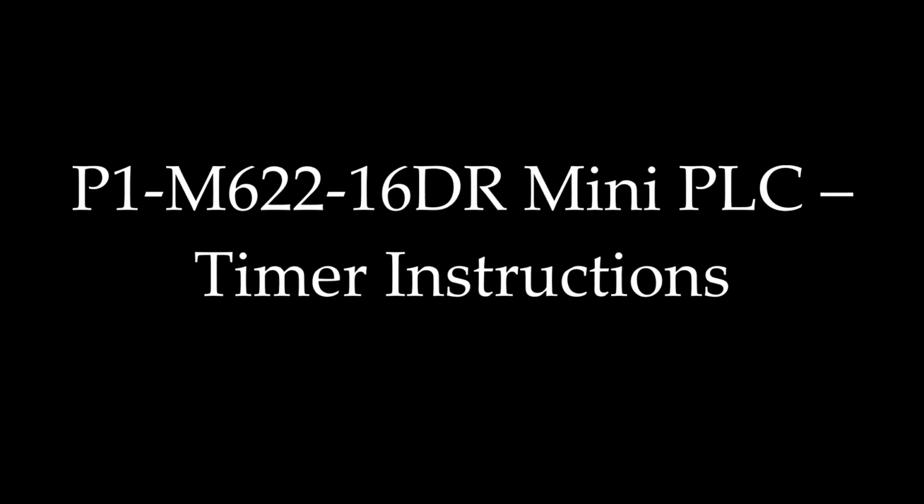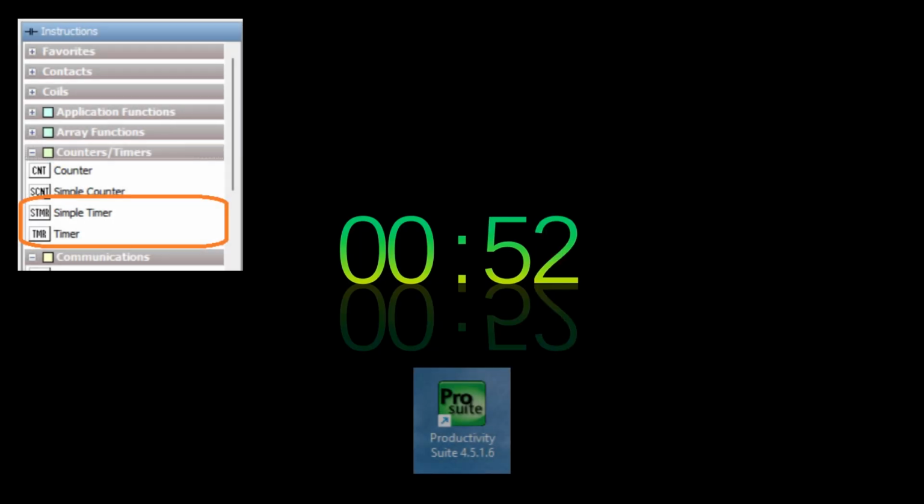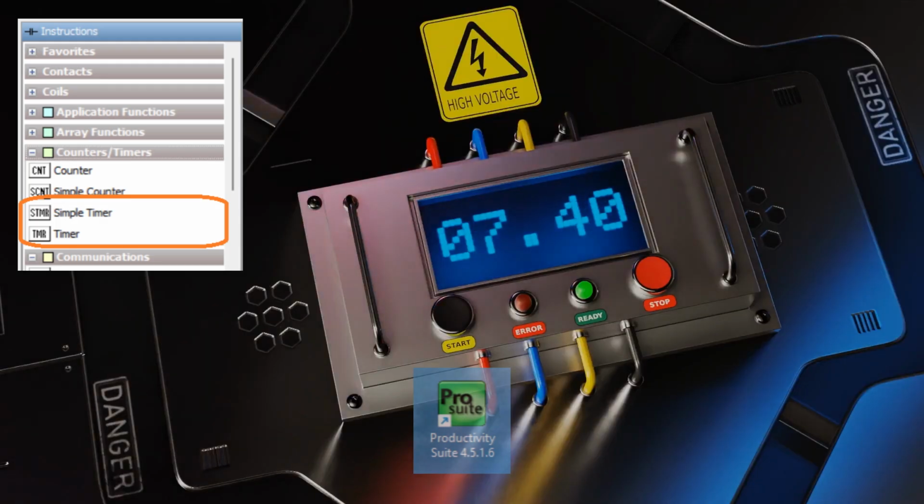Almost every PLC program includes a timer instruction. The Productivity Mini PLC P1M62216DR offers several timer instructions. We discussed the time coil, TMC, and flasher coil, FLS, in our last post as part of our discussion of